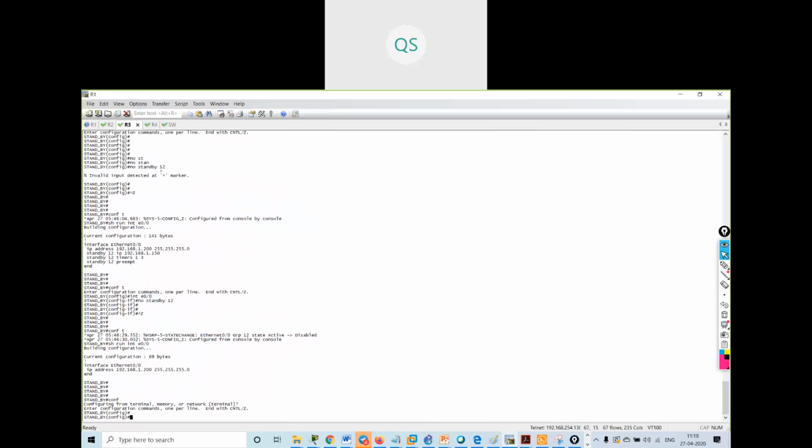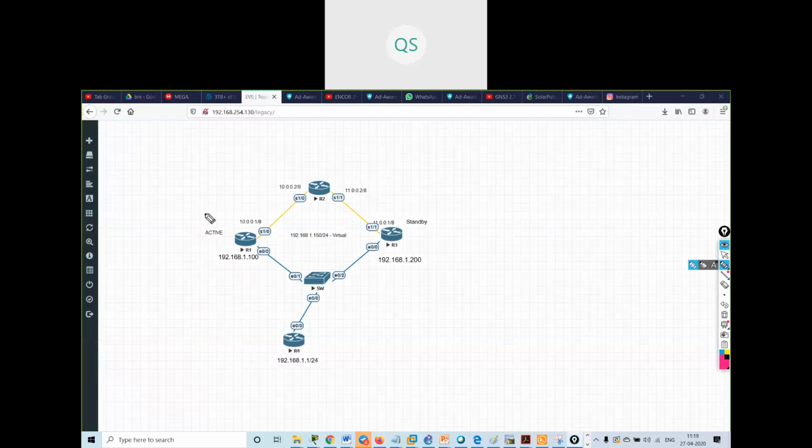Which one is the virtual IP now? We have made two groups, group 1 and group 3. For group 1, I am using 1.150. For group 3, I am using 1.160.